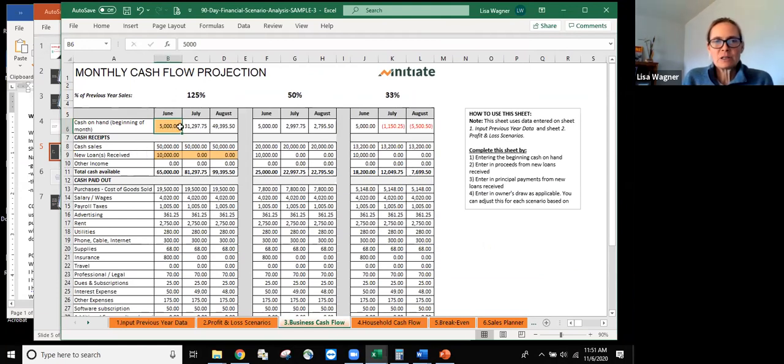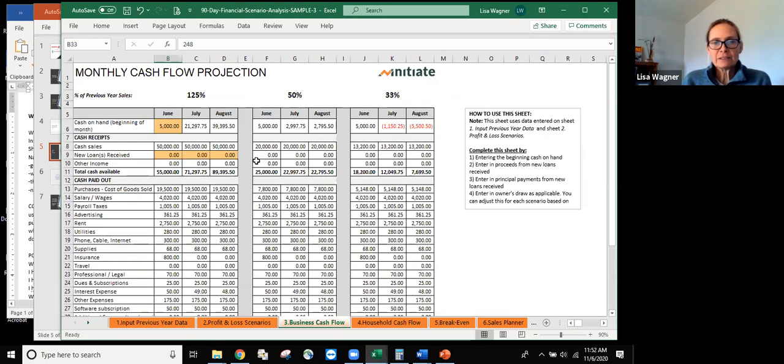Okay, so this is your cash at the beginning of the month, okay? So depending on what month you start, let's say if you started in November, you're gonna look in your business bank account and say, how much cash should I have for my business at the beginning of the month? And then if you know that you've had loans approved, put them in here, okay? But if you haven't had any loans approved yet, if you haven't applied for loans, you don't have any, put 0, okay? And the reason I recommend you do that is because at the bottom, it's gonna show you if you have a shortfall